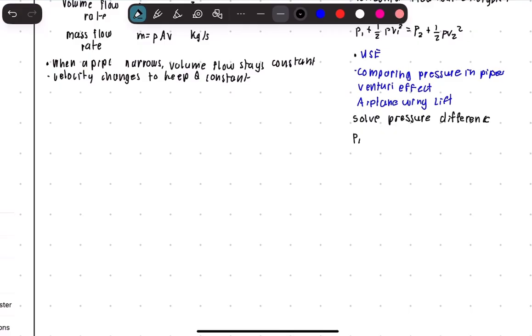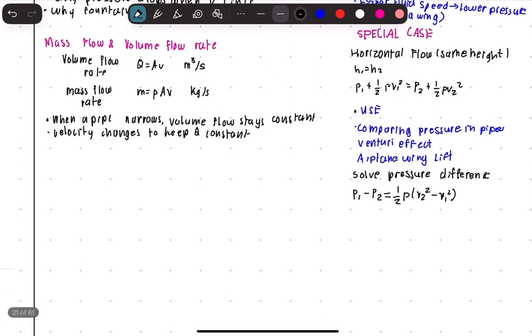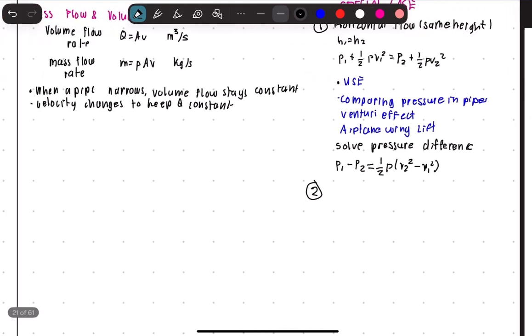So it's going to be P1 minus P2, and then you're going to put that on the one side. And then you have this factored out, just leaving you with V2 squared minus V1 squared. So, this is for the first case. Now, for the second case, we're going to have